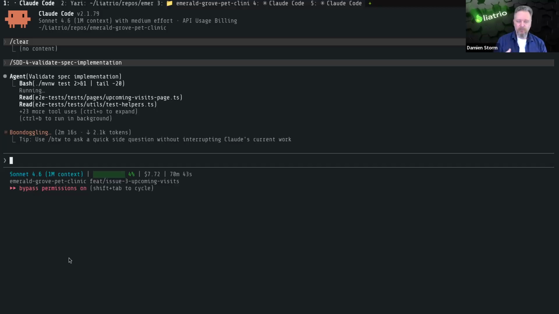We can see that PR, and we go through all the typical review phases that any kind of software building would go through. So we can look at the code, we can look at the code review, and we can see if there's any gotchas, if there's anything in there that we weren't expecting. And one thing I want to point out too, so we're about to finish up this